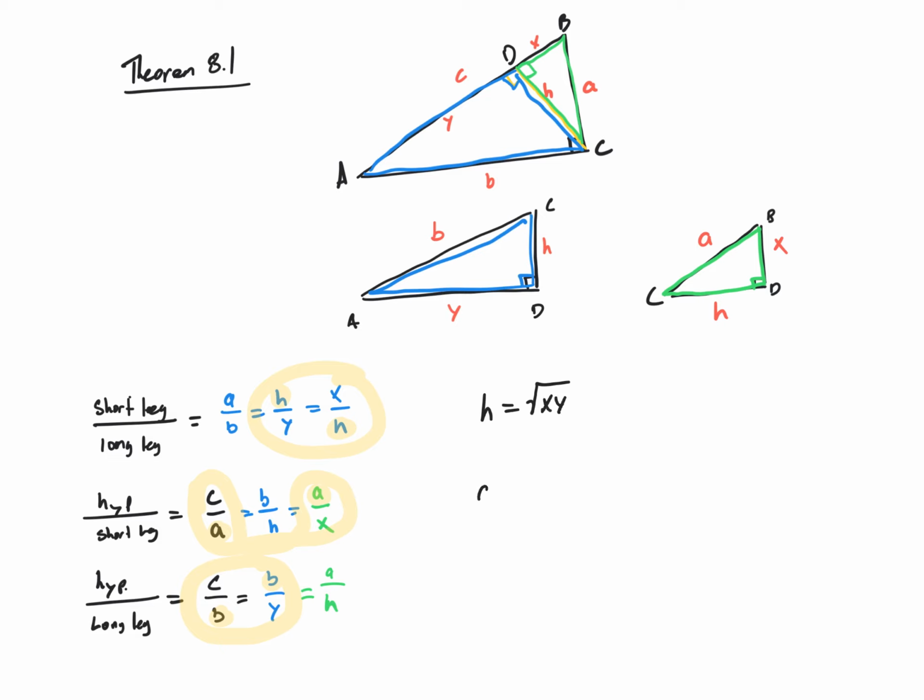The A would equal the geometric mean of C and X. And B is equal to the geometric mean of C and Y. So just compare those up here. H, that's this length right here. So that length is equal to the geometric mean of these two pieces. A, this length, is equal to the geometric mean of the whole length and this piece. And B, this leg, is equal to the whole length times this piece of it,